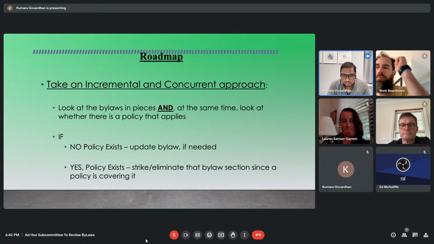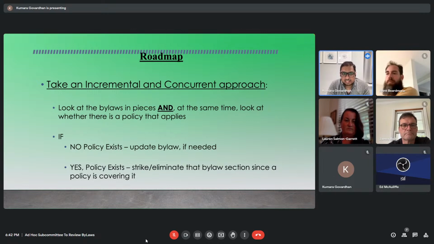So if everybody remembers correctly from one of our last meetings, and this is what we presented to the full table, and Dr. Riley, we're quoting you directly here again, for the work we're going to do, looking now at the review of the bylaws, to take an incremental and concurrent approach.